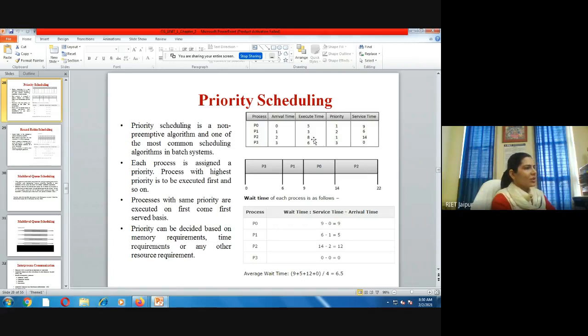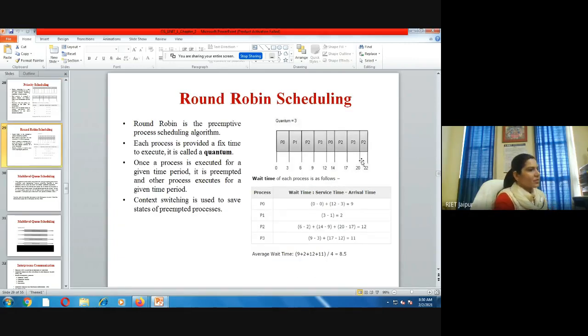You can check how we calculate the waiting time. Take the P0 process. P0 is initially allotted at time instant 0, and the arrival time of P0 is 0 itself. So the waiting time of P0 here is 0 minus 0, because we allotted it at instant 0. Again, at instant 12, the service start time is 12, and how long has this process waited? 12 minus 3, so this 9 is the waiting time.